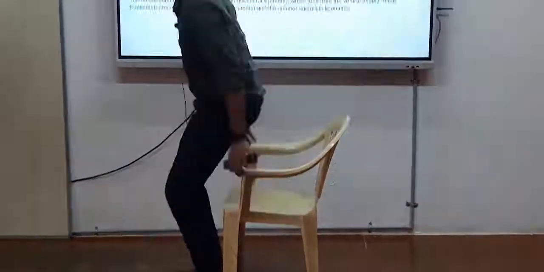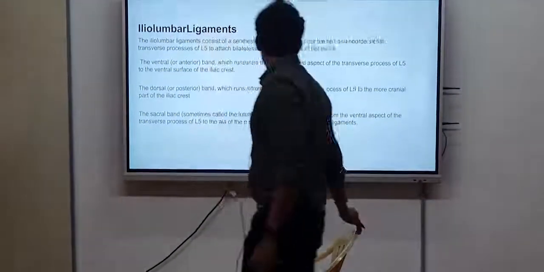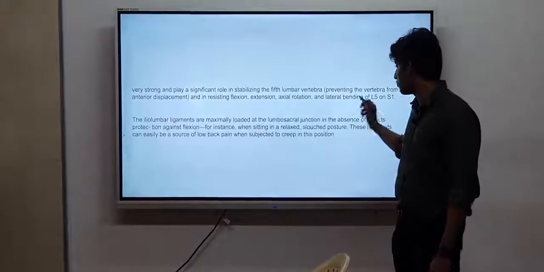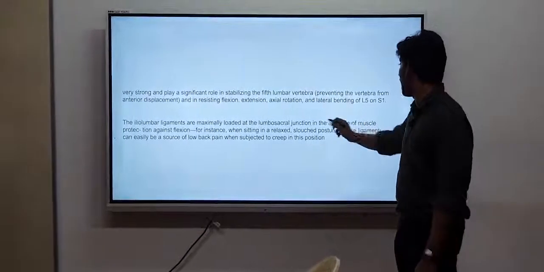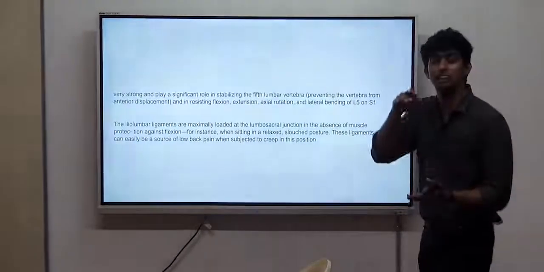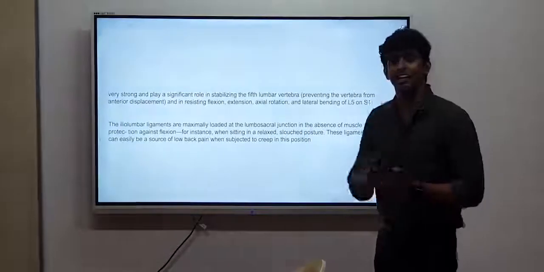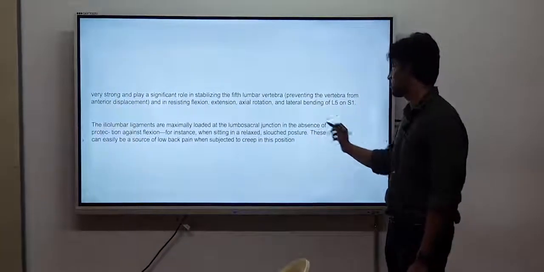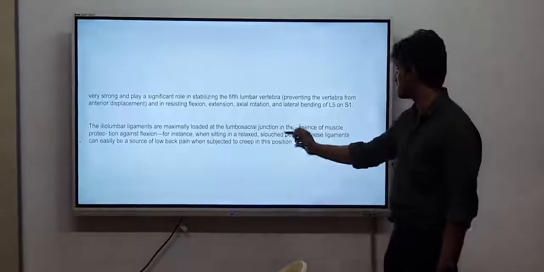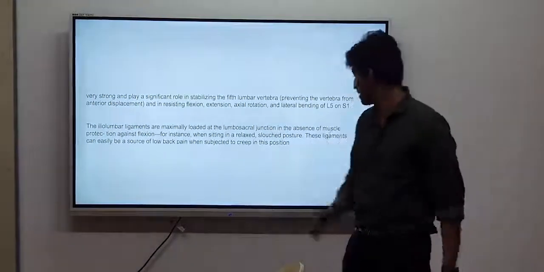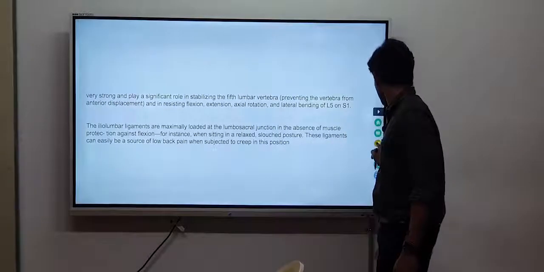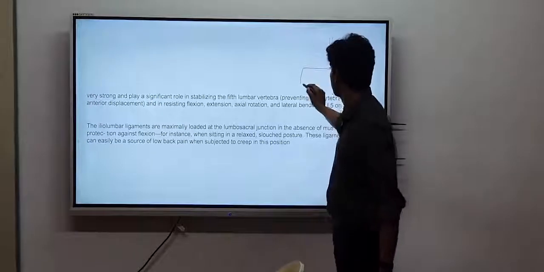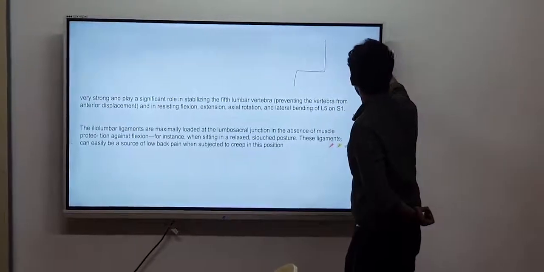So when it is becoming a slouch posture, it can have an extra effort or extra resistance over this area, and in this area there are more chances the lumbar area can get injured. So when sitting in a relaxed slouch posture, this ligament can be a source of low back pain when subjected to creep position because of the slouch posture. We'll ideally be sitting like this as I explained right now. But if our posture had changed to